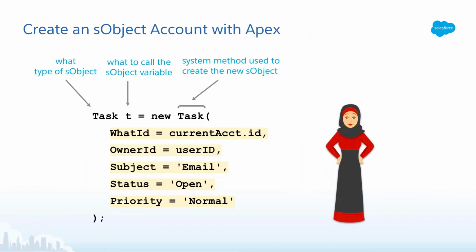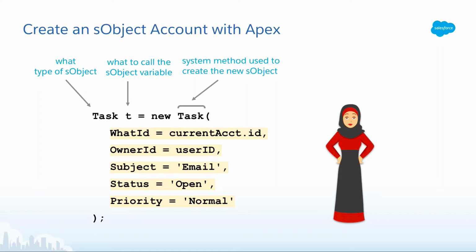On the first line, we're creating a new task sObject variable, and we're naming that variable T. We're immediately setting some values for the variables within the task sObject. You can see them highlighted in yellow. Variables like WhatId, OwnerId, Subject, Status, and Priority. These might look very familiar to you because they're the same developer or API names that we see in the Salesforce object in Setup. One thing to note is that at this point, our T sObject just lives in our code.